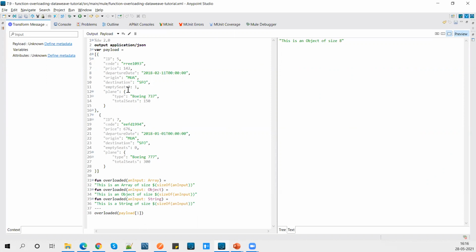Now what we can say, we'll say dot here, I'll say code. Okay, so now you can see that code, or we'll say origin.